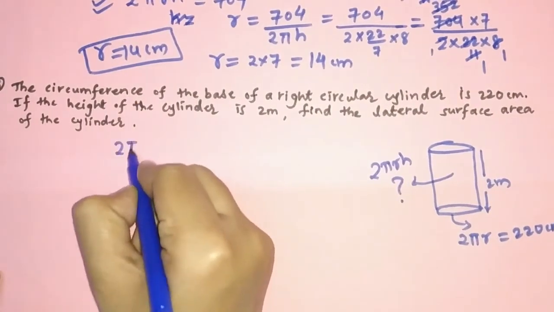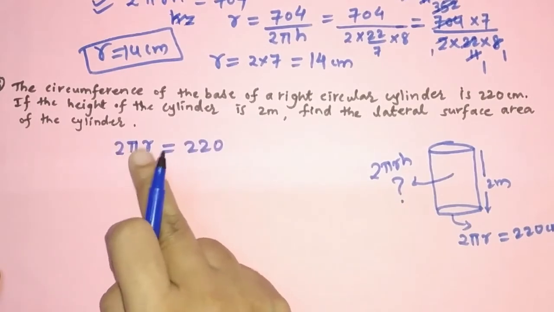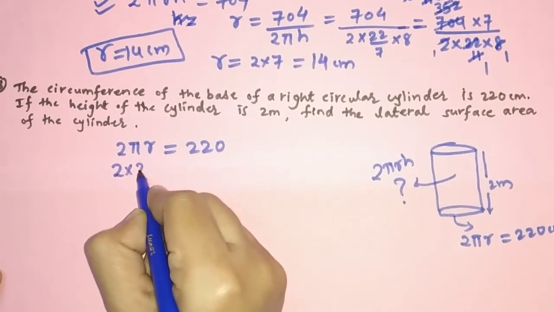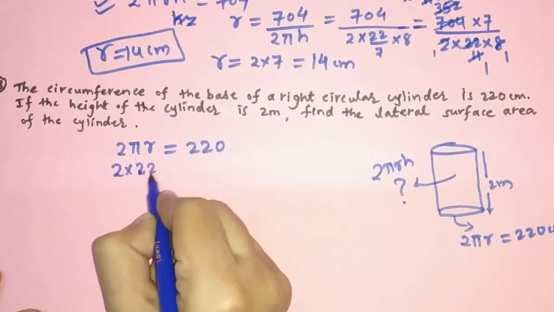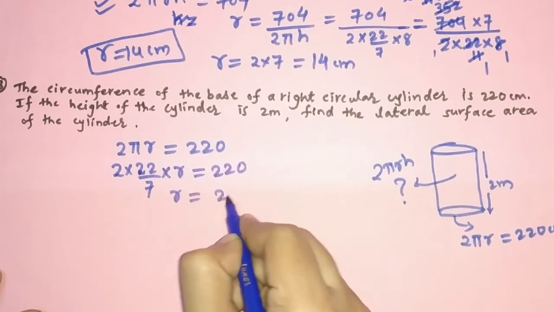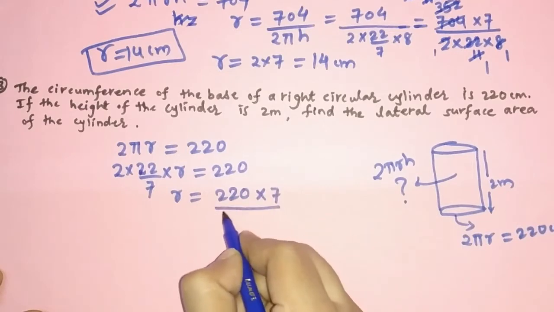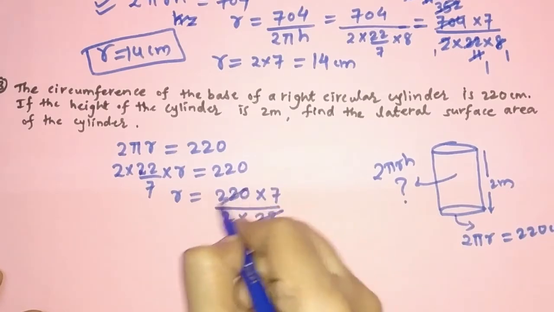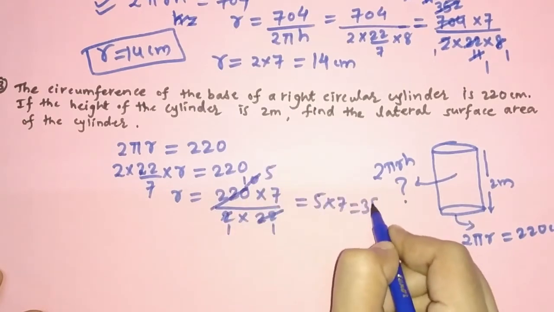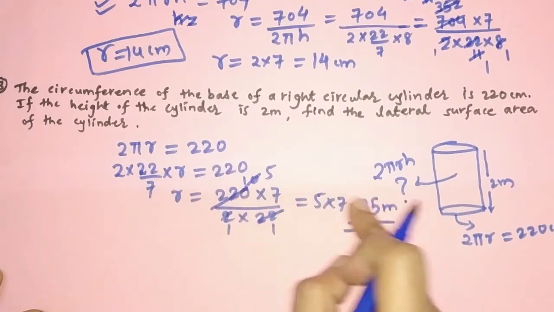So first of all we'll find out the radius. It is given that the circumference is 2 pi r, so we'll find the value of the radius. Here pi is not given, so you can take 22 upon 7 into radius, which is equal to 220. So r is equal to 220. This 7 will go to the right hand side in multiplication. 22 ones are 22 and here tens are. So friends, we get here 35. So 35 meter is the radius. Radius we got 35 meter.